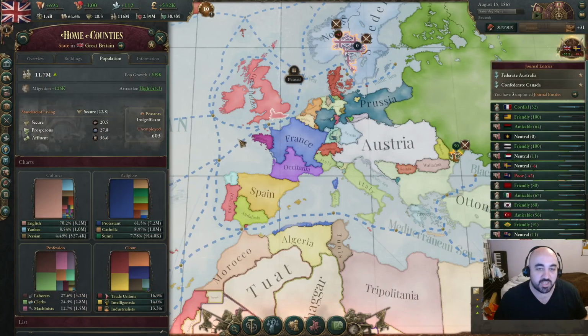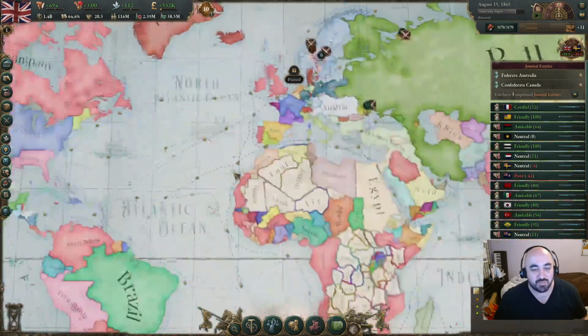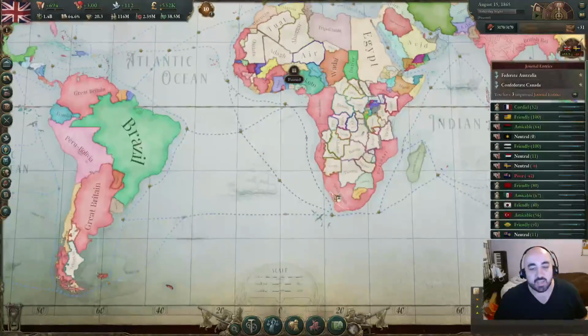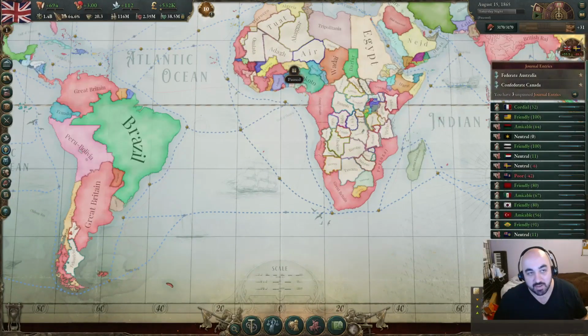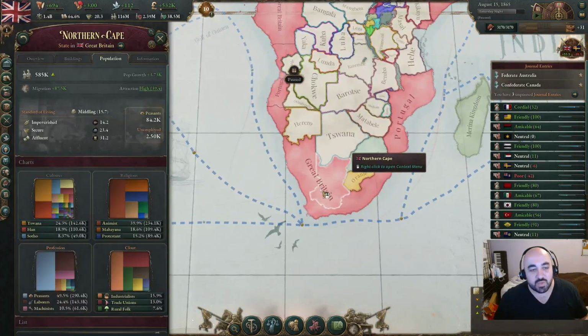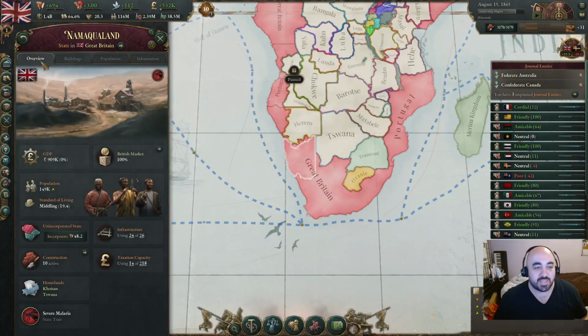So we're still pretty chilling here, and we are looking to incorporate a little bit more territory in Great Britain. I do think that in general, I play a little more RP style, and I am less aggressive with incorporating than I should be. The primary cost is the amount you pay up front, you know, with the bureaucracy. I think that if you did not pay the upfront bureaucracy cost, it's possible you would want to incorporate even